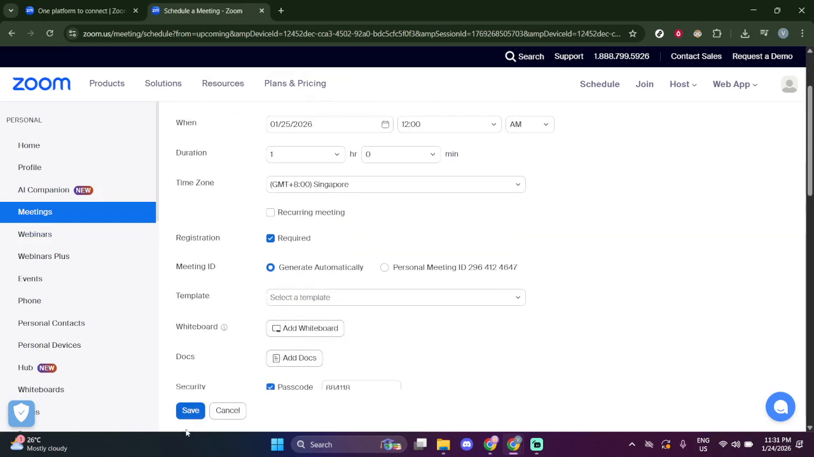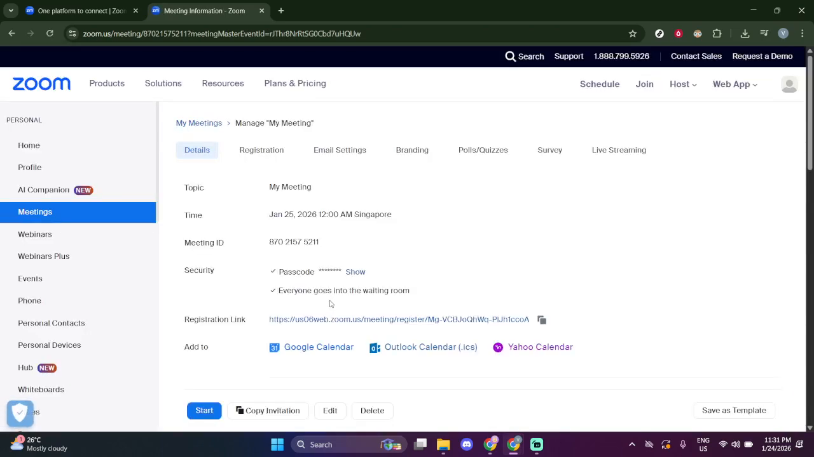Now click Save. After saving, you'll land on the meeting summary page. You should see a registration section with a registration link. That link is what you share with invitees, instead of the raw meeting join link. When people register, Zoom will handle approvals based on your account's default settings, and registrants will automatically receive confirmation with